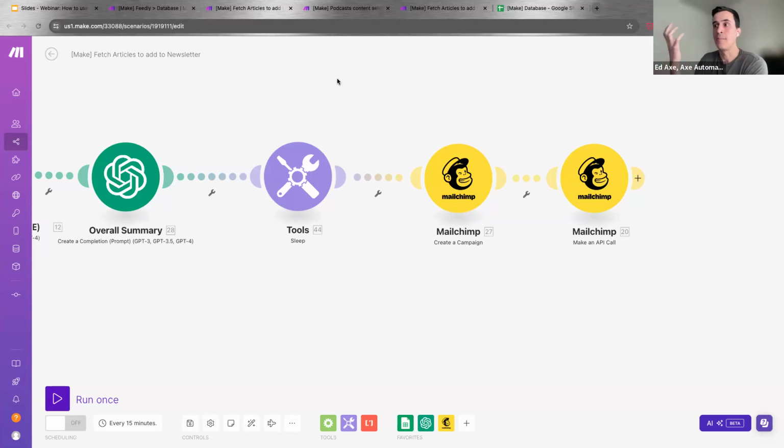As you can see, I'm using AI to create the final output of this process, which is the newsletter. But I'm also using AI as a way to organize the scenario, as a way to filter out the things that we don't need, and as a way to divide into different paths. So AI is not only being used here as the final output, but also to better organize the entire system, the entire automation here.